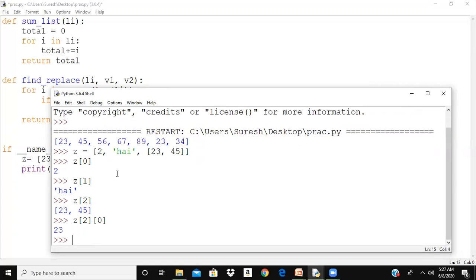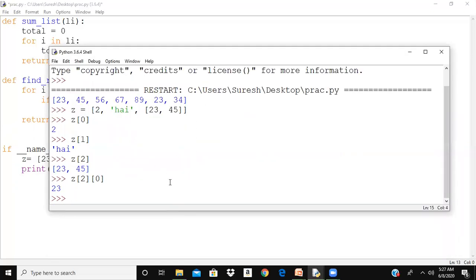that is 23. In the same way, if I want to create any matrices, I should be using nested lists. For example, I want to create a matrix of 3 by 3. For example, x is equal to, I want to create a matrix like this: 1 2 3, comma, second row elements are 2 3 4, then this is the second row, then the third row elements I am taking as 4 5 6. So this is how you will represent a matrix. A matrix is a two-dimensional thing. Okay, this is a two-dimensional list.